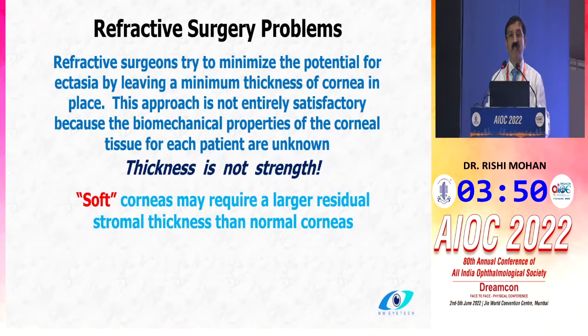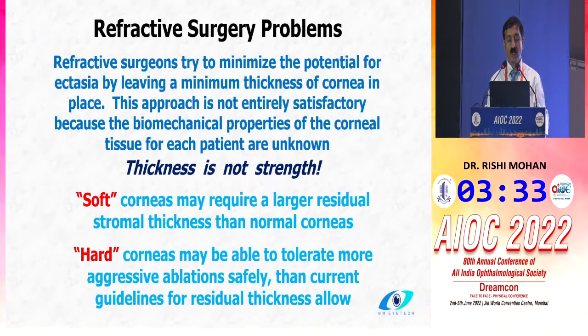We look at thickness, we have this PTA formula, and we have a formula of residual stromal bed. All these are flawed, essentially because they may be soft corneas, which may require larger residual beds, and that's why you hear of the patients who followed all the norms and still went into ectasia. And those which may have hard corneas, and we all have experience with patients who we, in the earlier days, did very high numbers of ablations and still got away with it because they can take these aggressive ablations more